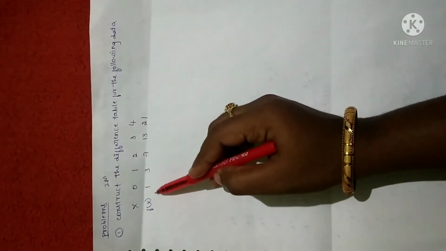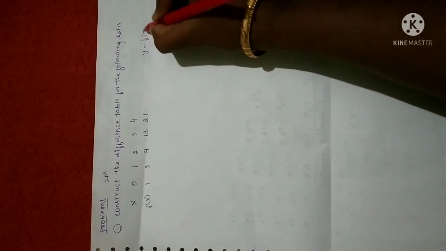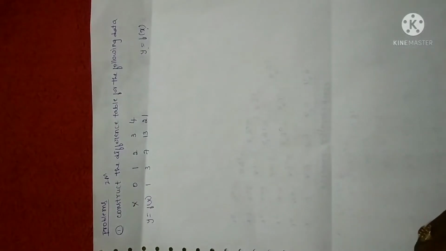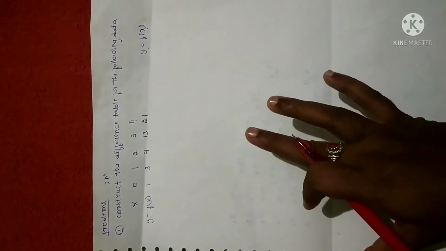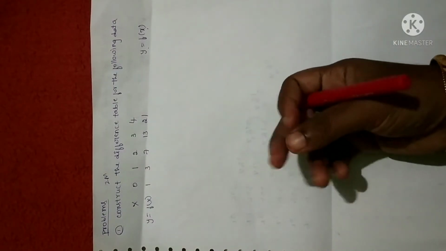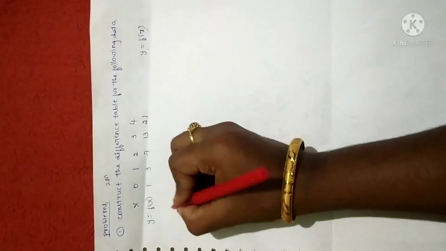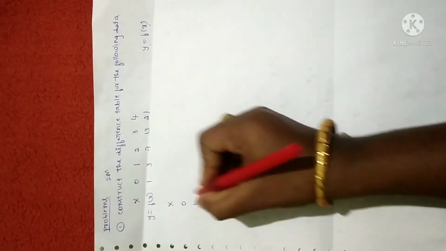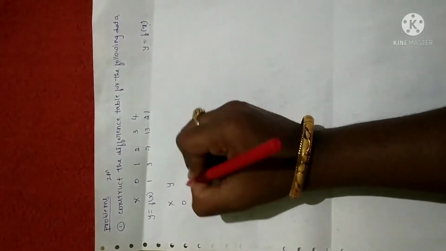From this particular concept. So x values and f of x values. As I already told you, the general concept is the function is represented by y. So y is equal to f of x. F of x is none other than the given value of y. So as usual, I'll send you the concept notes. You just copy that and try to take running notes. Try to solve by yourself after seeing one problem so that you'll understand the concept well. So first let me write down the x values: 0, 1, 2, 3, 4. Next y values. Y is none other than f of x values.